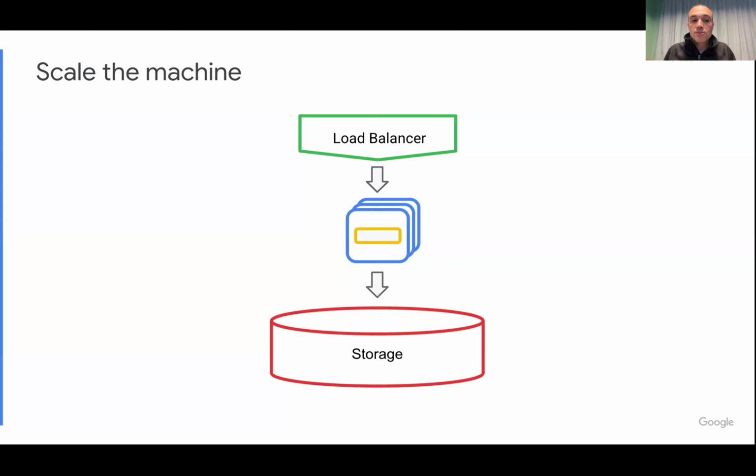A load balancer is not a trivial thing to implement, because if you look at this stack that we have, these are what we call single points of failure. If the load balancer fails, you are out. It doesn't matter how much replication you have in the rest of the stack. If the load balancer is out, you are out. So this is a SPOF, or single point of failure.